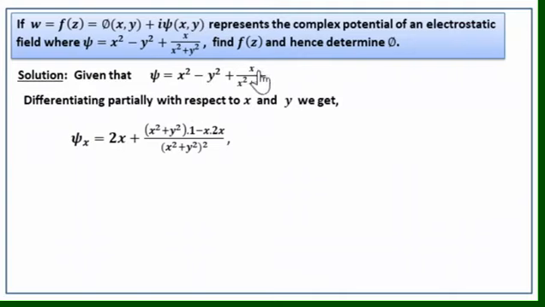and then the derivative of x by x square plus y square. Find this using the quotient rule. So what is the derivative? The denominator will be x square plus y square whole square. In the numerator, we will have x square plus y square into the derivative of the numerator, that is the derivative of x, which is 1. So we have x square plus y square into 1 minus x into the derivative of x square plus y square, that is 2x. So we'll get x into 2x.